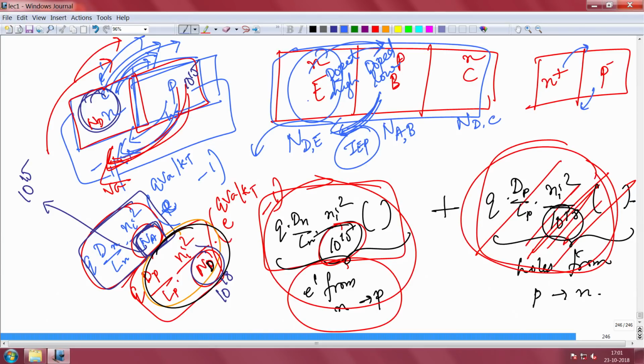We have had enough discussion on BJT as of now. So, what did we learn? We went ahead with the band diagram of the BJT and the basic operational principle of the BJT. We defined the emitter, base and collector regions, their dopings, and their thicknesses, at least the base thickness. We have not come to emitter and collector thickness yet; we will come to that later. We have also defined several very important parameters like gain, current transfer ratio, base transport factor, and emitter injection efficiency, and I told you how to increase many of these parameters.